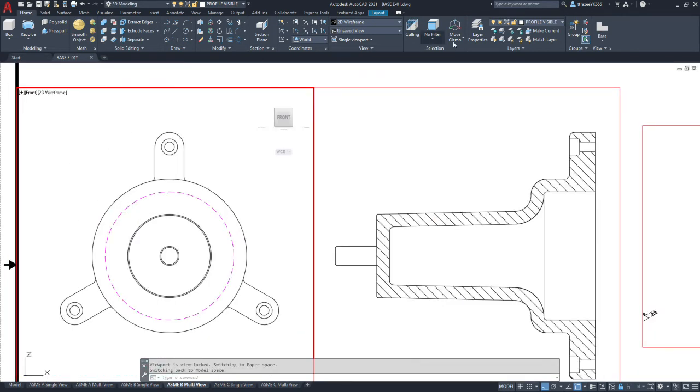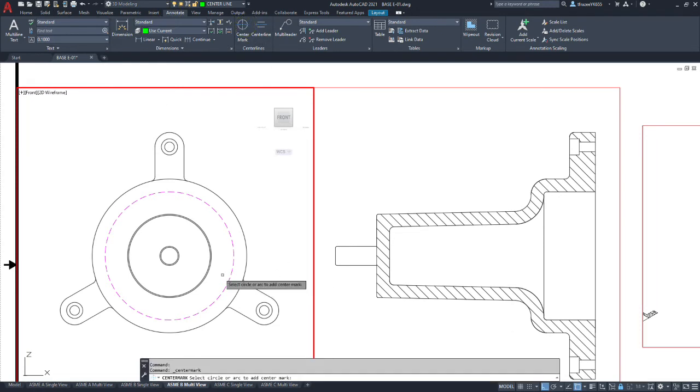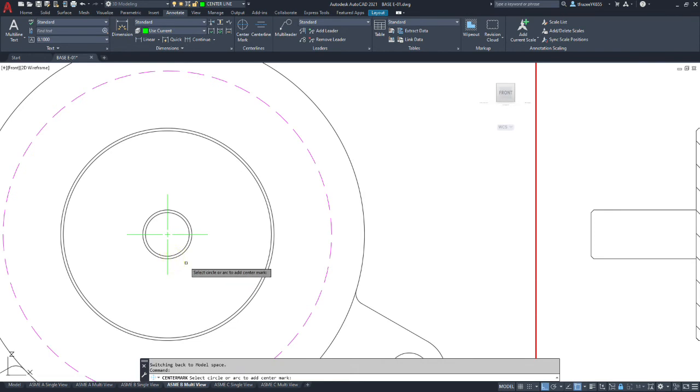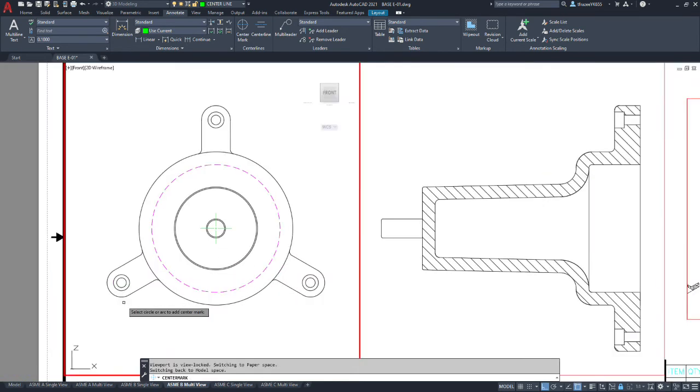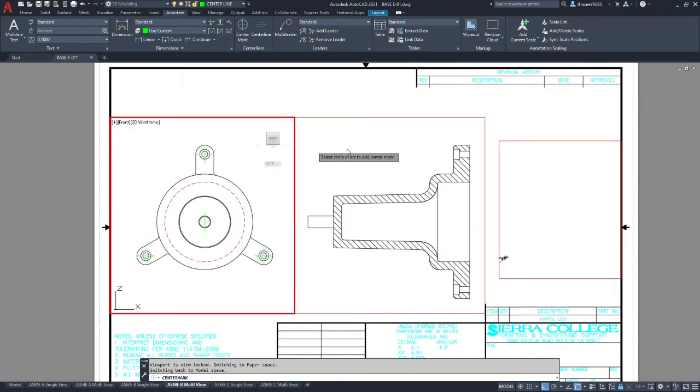Now we're going to change to the center line layer, and we're going to first put some center marks in before we start. So we're going to go annotate center, and we'll put our center mark on the center of the pin, and we'll go ahead and put them on the centers of our circles for our holes.